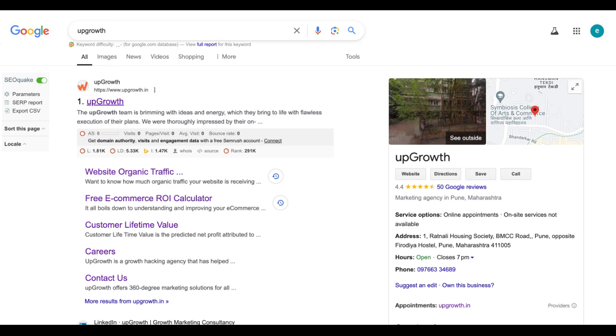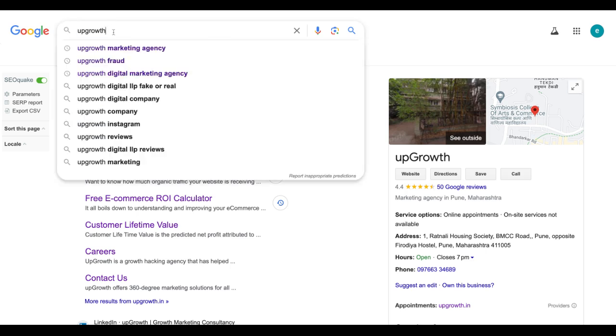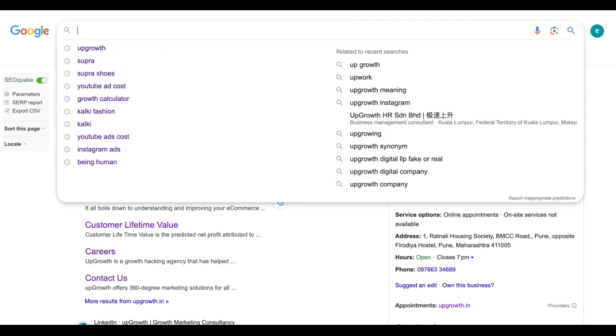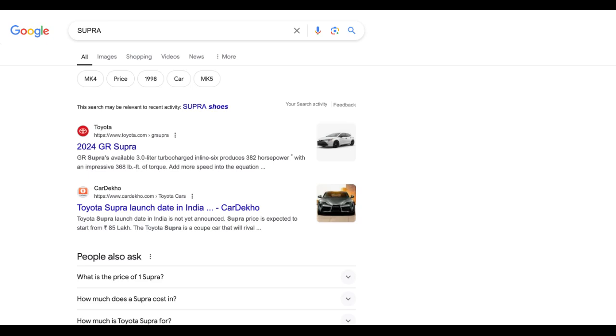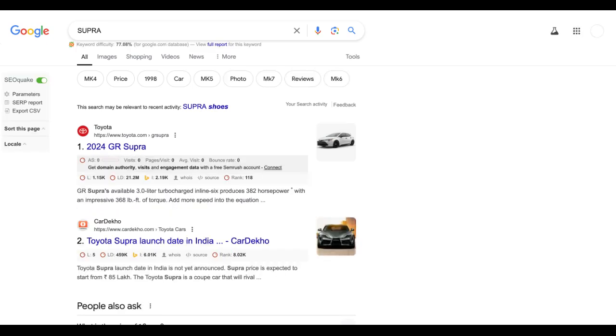There are some branded keywords which are highly competitive in nature and difficult to rank on first position for their own brand name. Let me share an example. Supra is a very popular South Korean lifestyle brand which deals in footwear, clothing, and accessories, but it does not rank for its own branded keyword because of the competitiveness of the keyword.